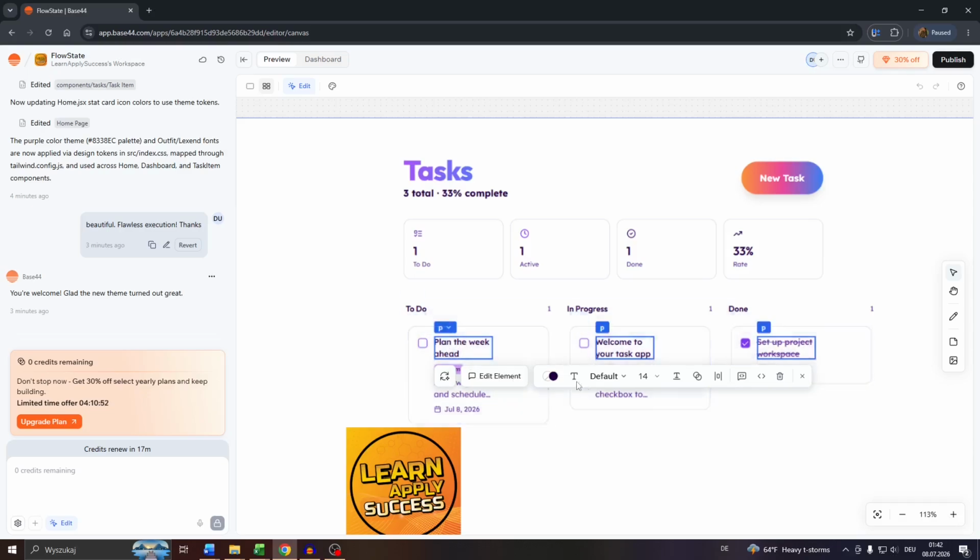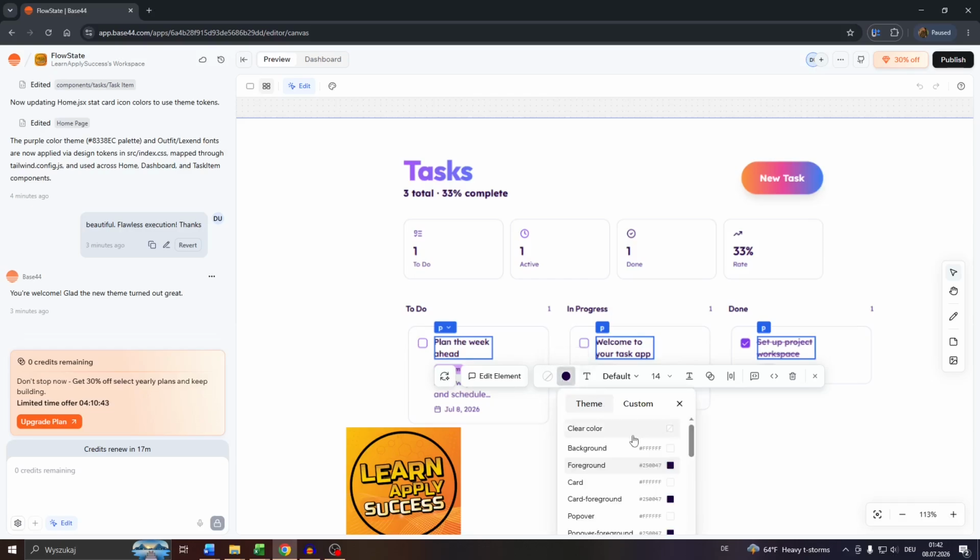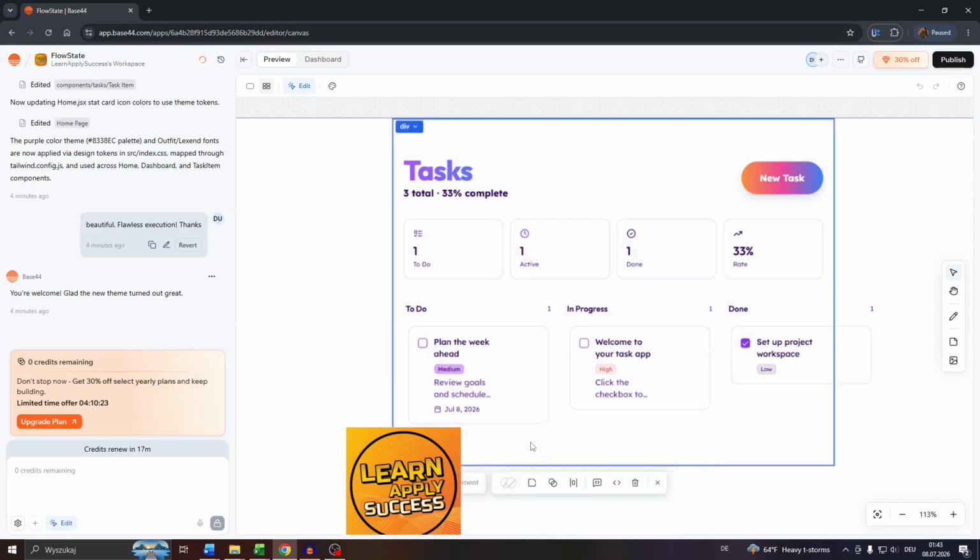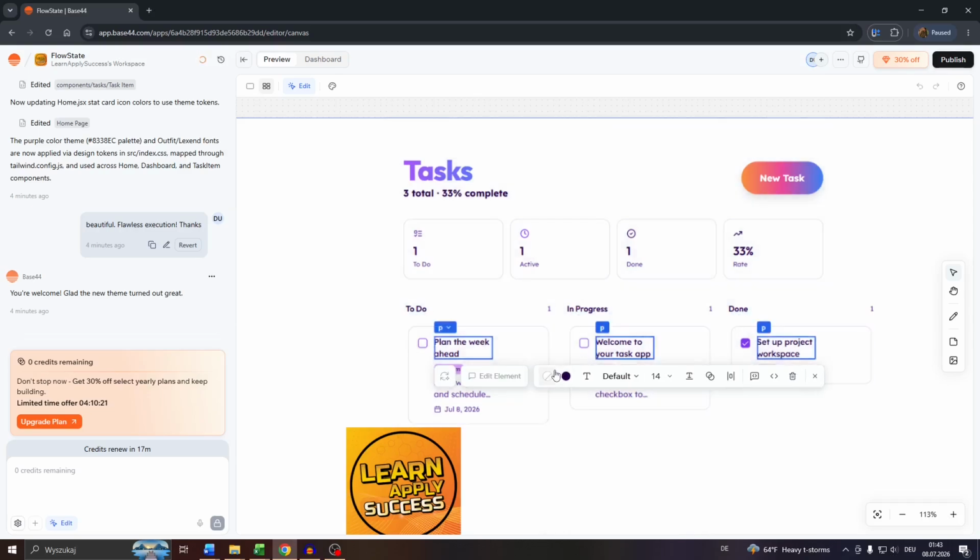So below you will see these text formatting options if it is a text element, and here on the very left hand side you will see the text color button. Click into it and then you can go through these options, right? Background, foreground. So I suppose foreground means font color. So what you want to do guys is